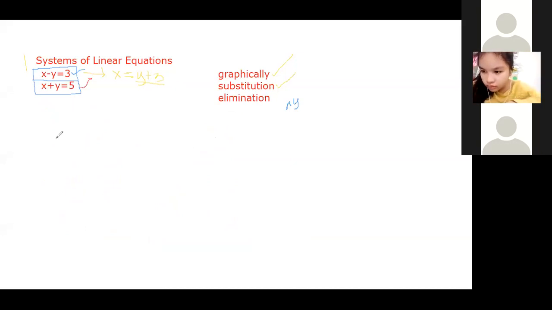Okay, right now, we will solve it using elimination method. Alright, gamit po elimination. Now, elimination means one of the variables we will eliminate, tanggalin. So, it's either we will use plus